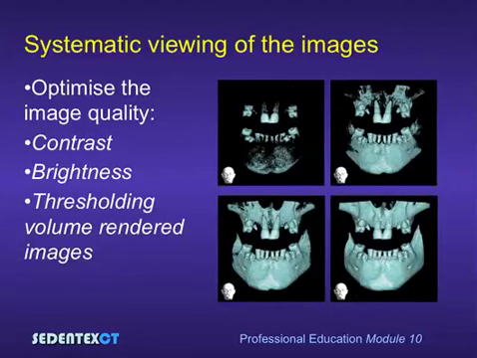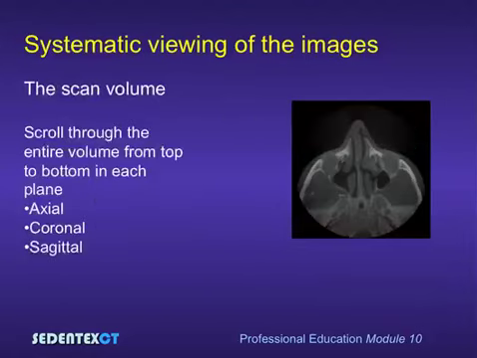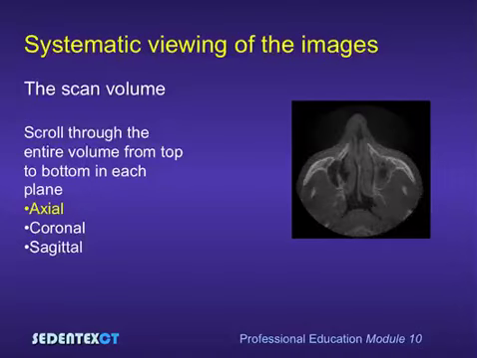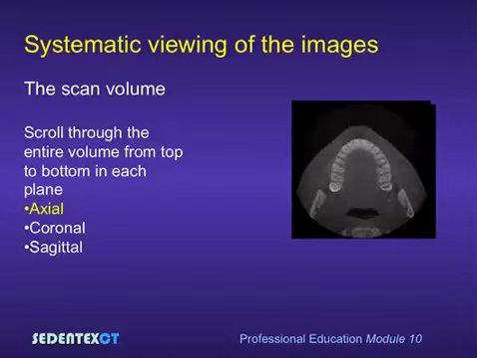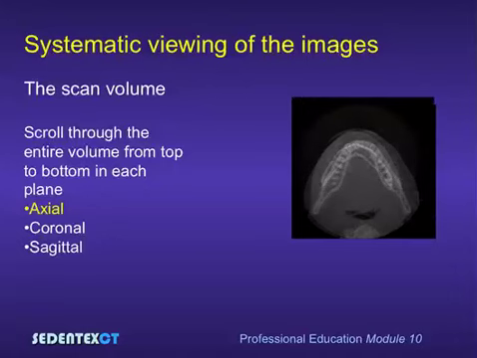Once you have made the image quality acceptable, then you should conduct systematic viewing of the images, in particular the scan volume itself. Everyone can develop their own approach to this, but the important aspect is to scroll through the entire volume from top to bottom in each of the three main planes. First, the axial plane. Work your way through this from top to bottom, or if you prefer, from bottom to top, until you have